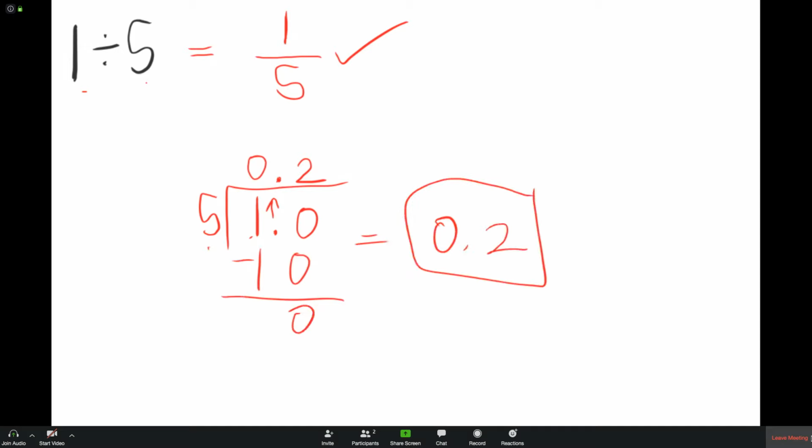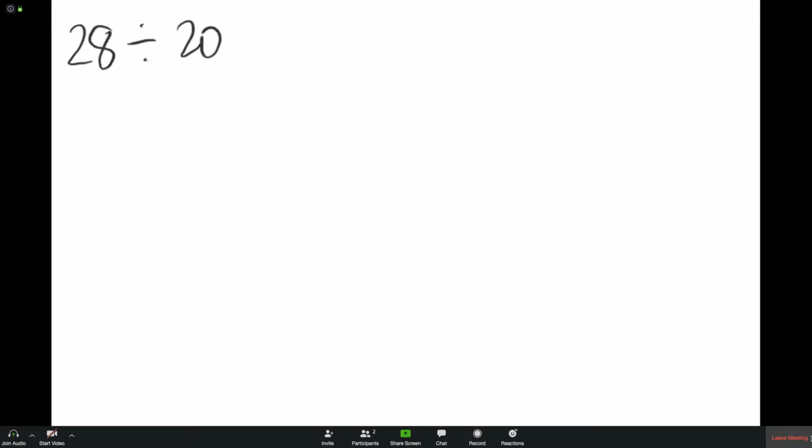If I'm going too fast, please make sure that you rewind and slow down the video, watch it a few times just so that you can get the hang of it. Okay, we also have a problem like this. So in this case, if the numbers get a little bit bigger, it's still the same. In and out, or top and bottom,